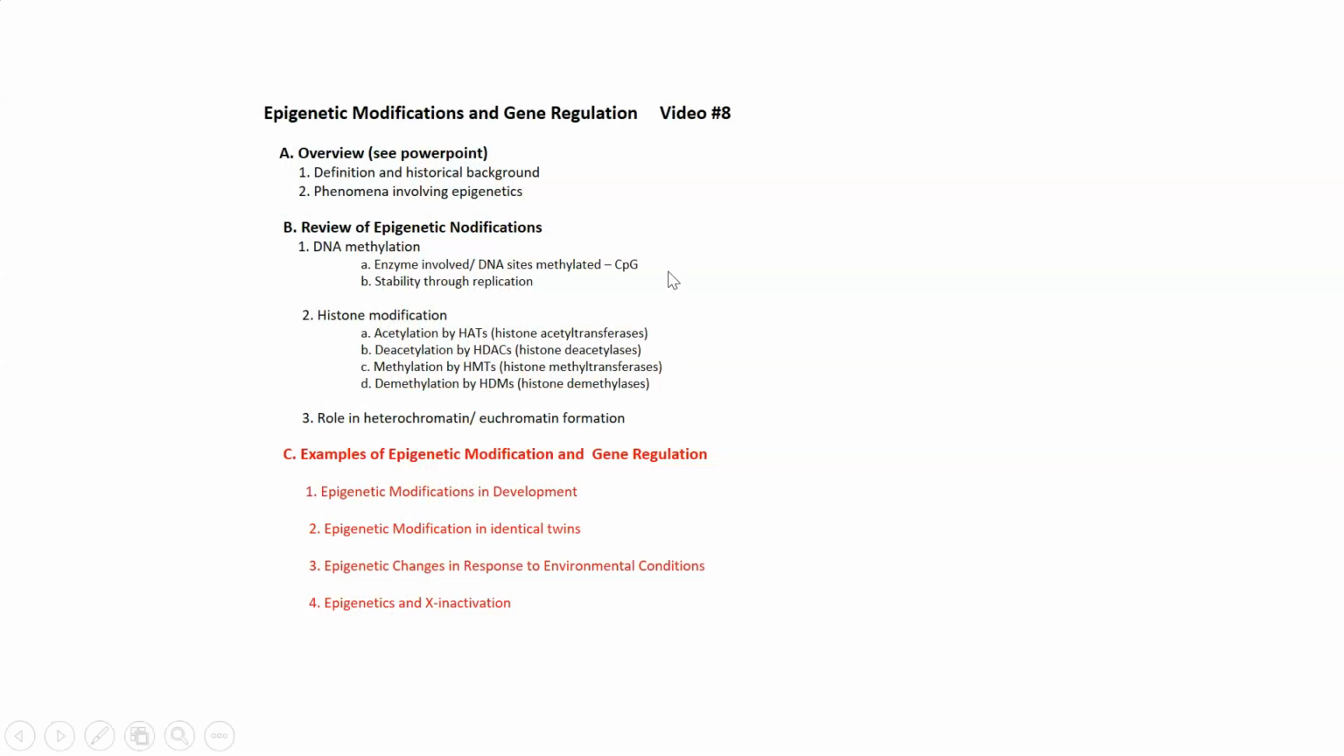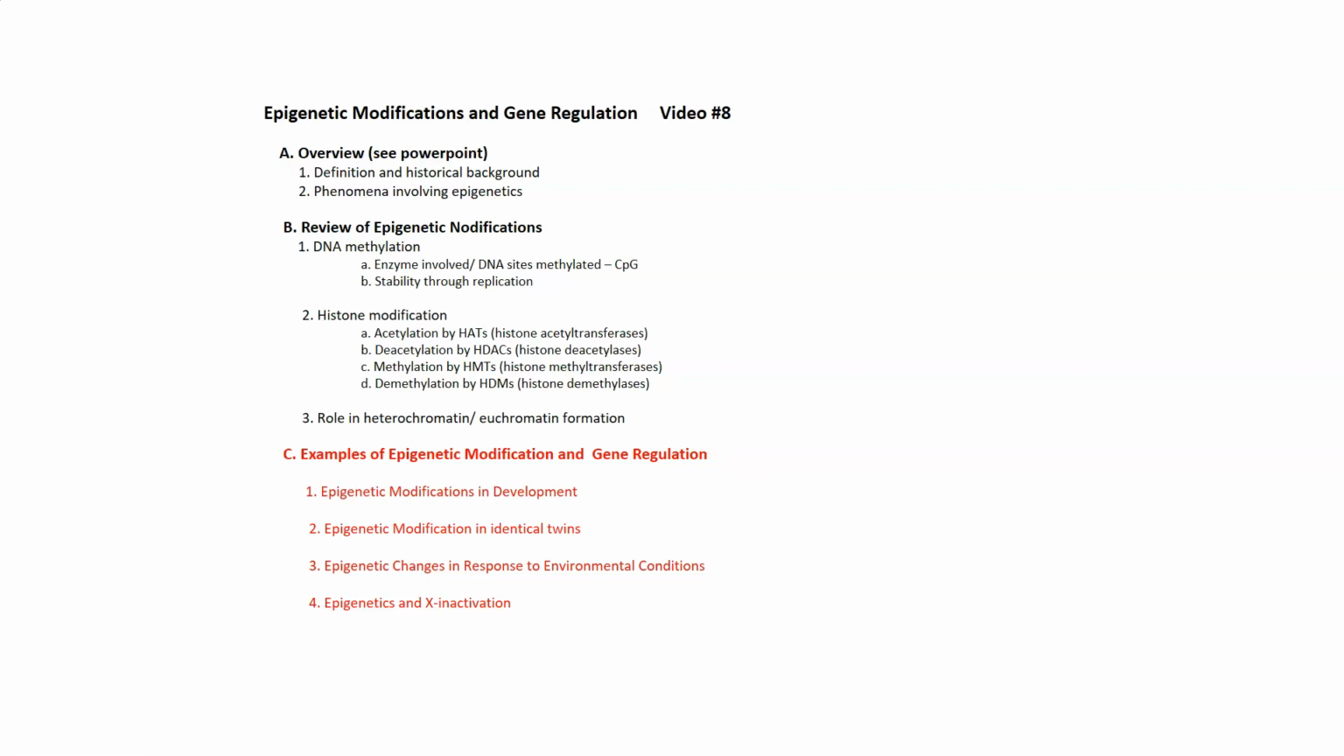So let's take a look at the outline here. In black is what we discussed in the last video, and in red, part C is what we'll discuss in this video. Basically examples of how epigenetic modification is involved in gene regulation during development, how epigenetic modification produces differences in genetically identical individuals, for example, identical twins,